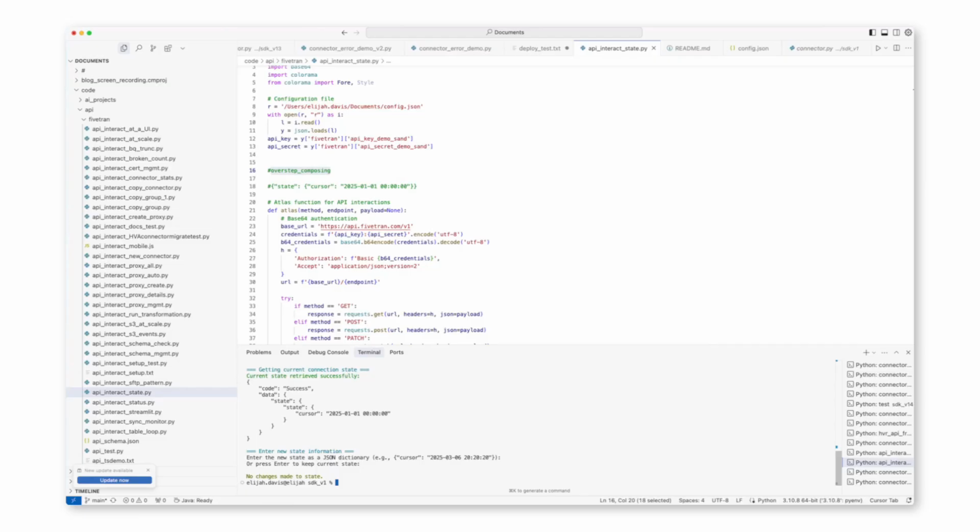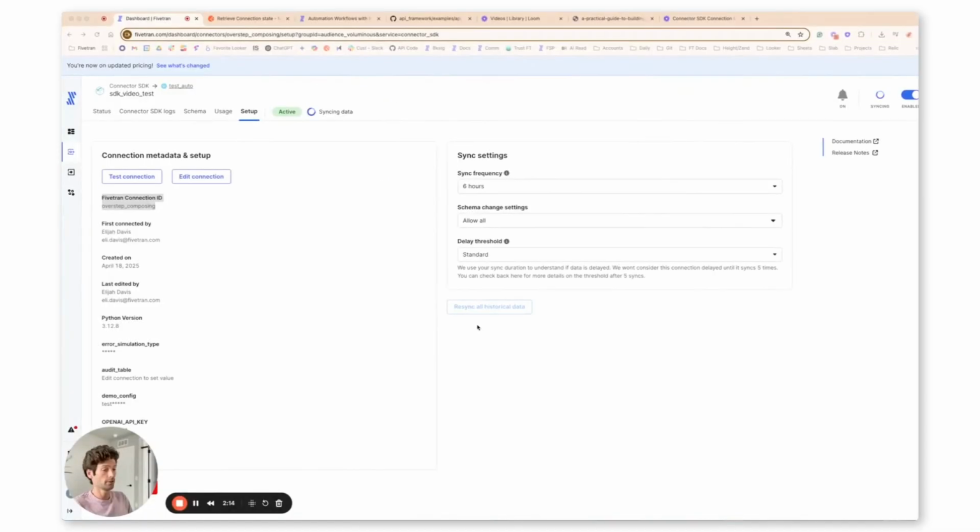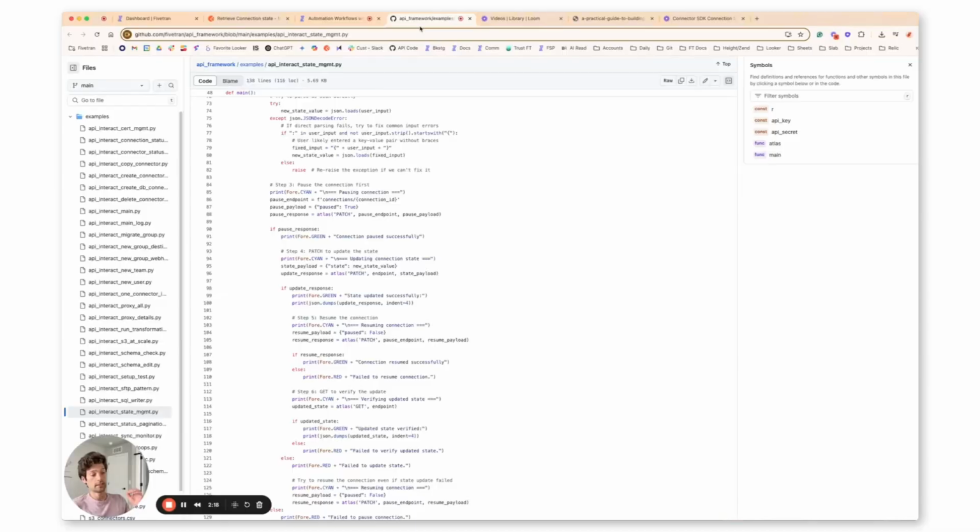So in this quick example, you're able to manage the connection state of any connector SDK that you have deployed programmatically using Python and the Fivetran API. All this code is publicly available and stored in the Fivetran documentation and linked